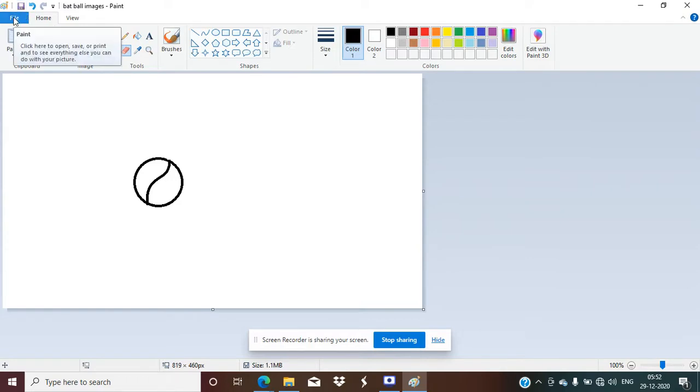You need not go to the file menu every time. There are quick launch options on the title bar. You can click on the quick launch options.